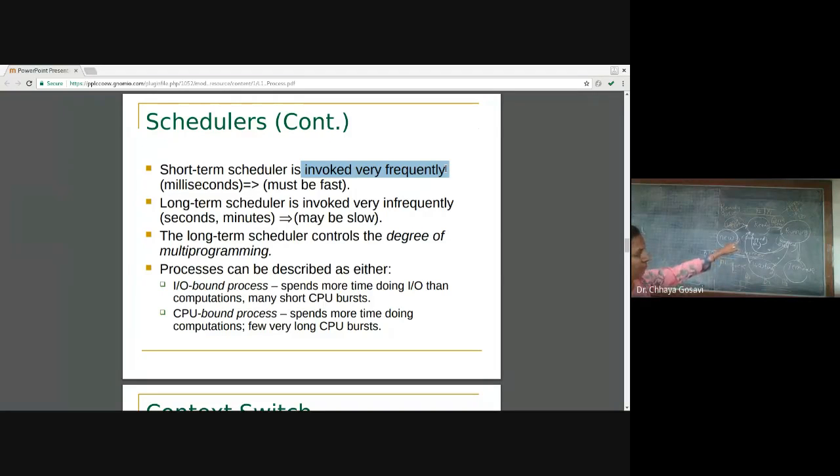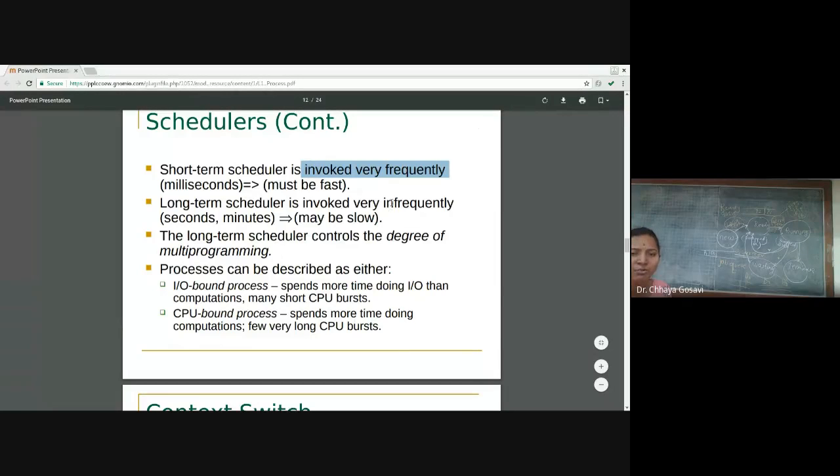To keep the CPU busy throughout, the short-term scheduler has to schedule processes frequently, continuously. It must schedule in milliseconds or less.